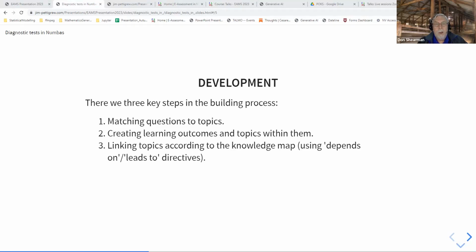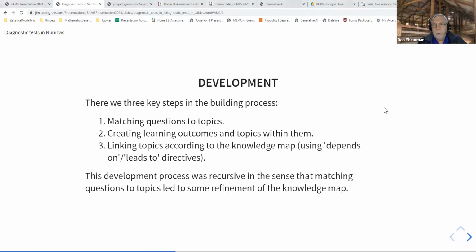And then within Numbas, once you create an exam and nominate it to be a diagnostic type exam, you then have to create these learning outcomes and the topics, and then link all of these things together using these depends on and leads to directives. And I think our next picture is an image of,